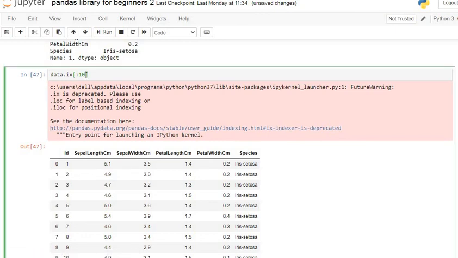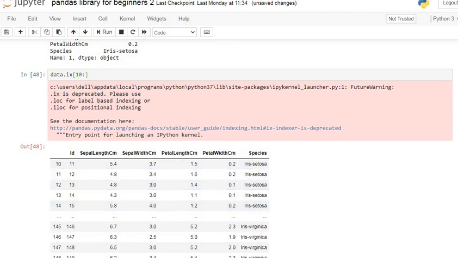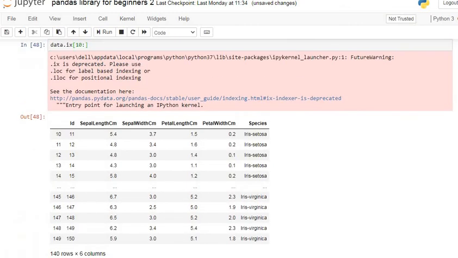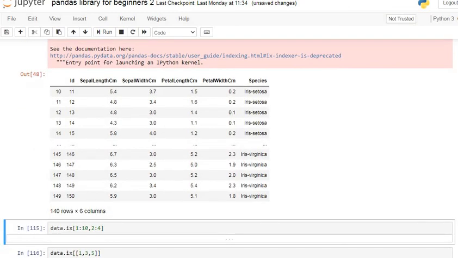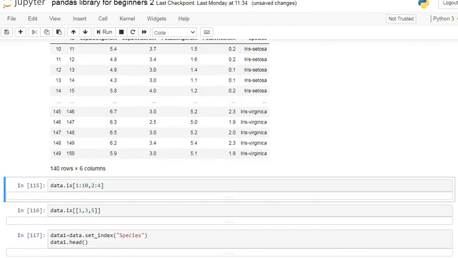If you want all the rows from the 10th, you can specify like this. You just have to give the column next to the row number. 10, we want all the rows from the 10th row. That time you have to specify the row number inside, and after that you specify the column. So let's execute our command line. We will get all the rows having index 10, or rather all the rows having index more than 10.